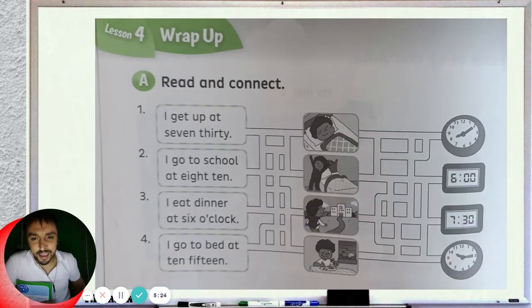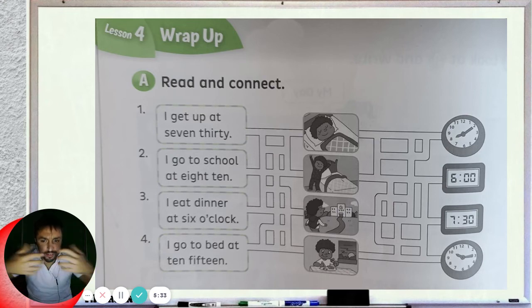Okay, let's look at activity A to start off with. It says read and connect. So first, let's do number 1. It says, I get up at 7:30. So we're looking at the verb get up. Where is get up? Do you see get up? Oh, here it is. Here, there's get up. So what you need to do is draw a line from here through the maze to